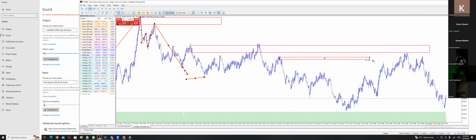Did come, almost tested, and then it fell. But you can choose to use order blocks like this one. And you can see that even price, when it came, it fell. Now,